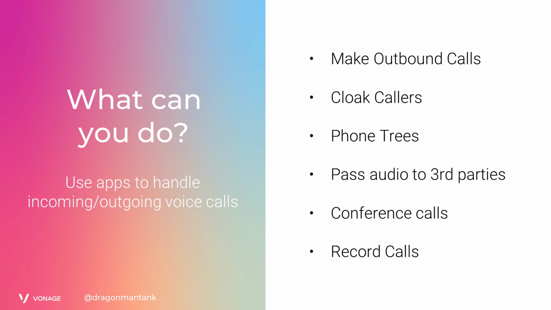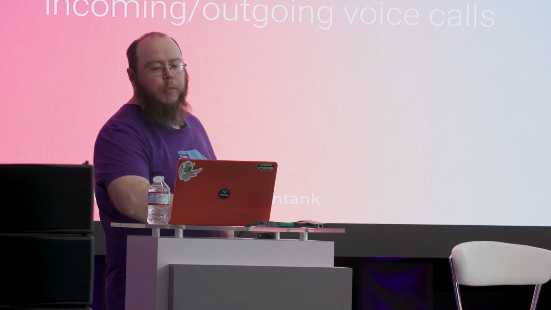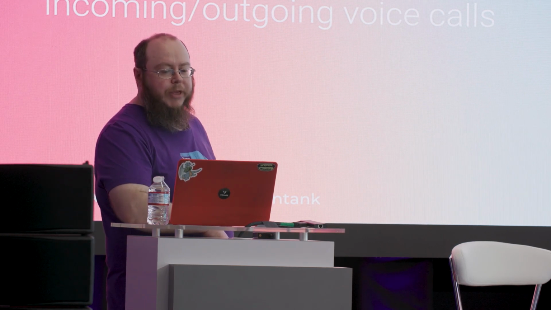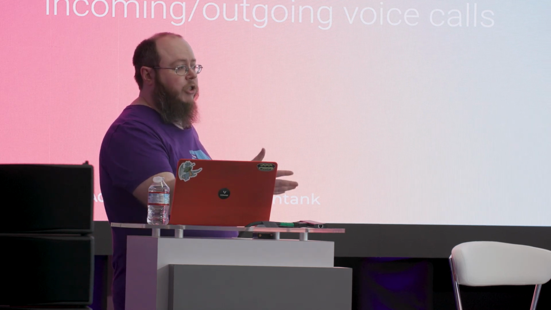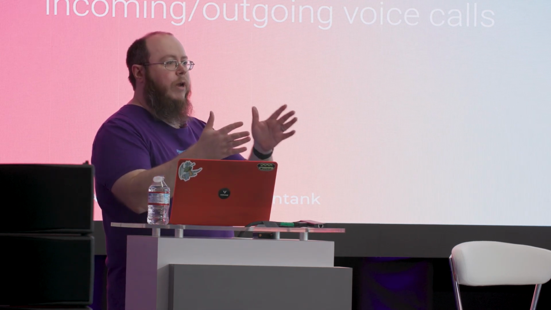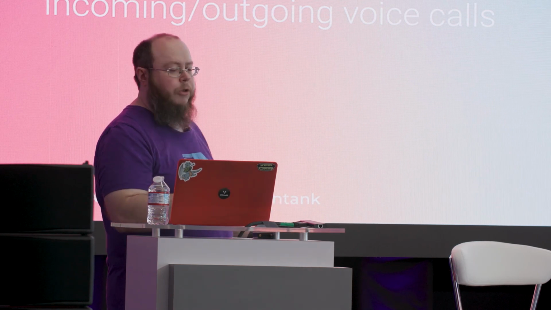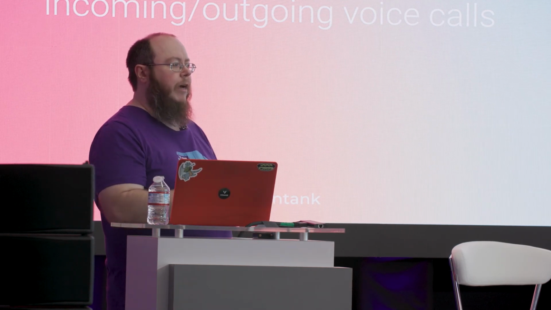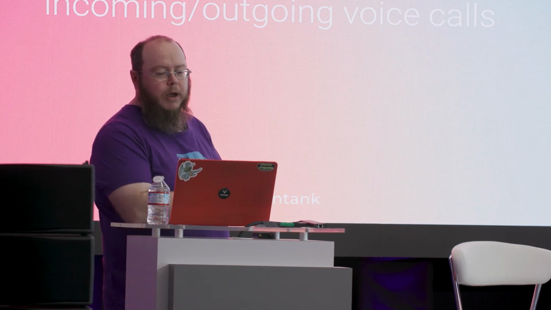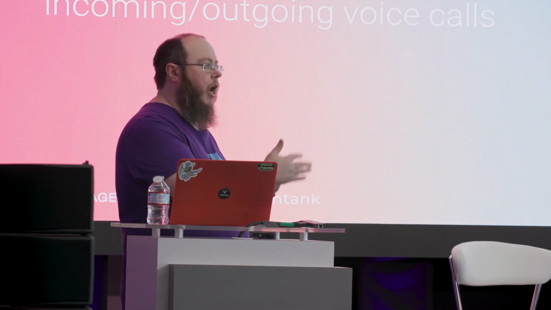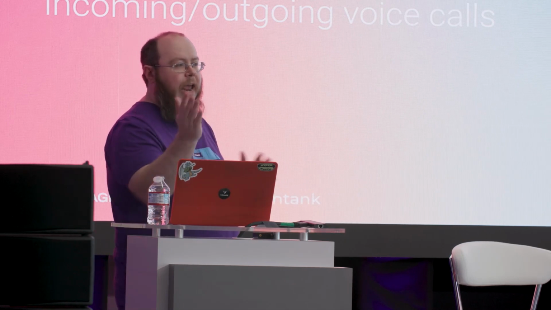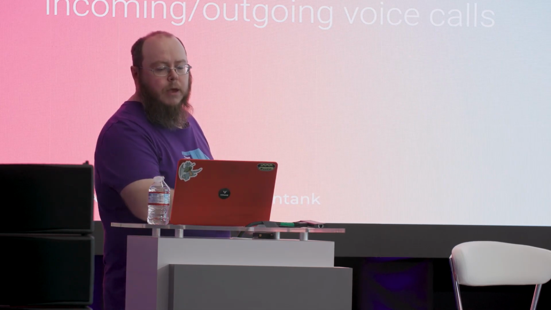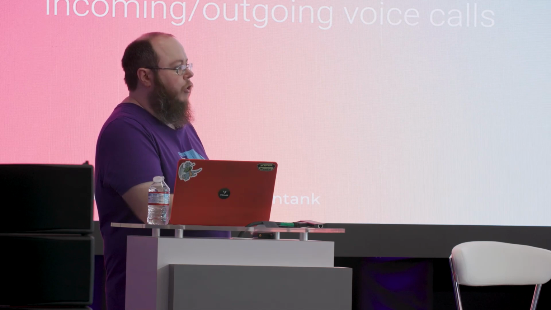In most of the world, we have worldwide connectivity and reach on our number pool. We do have a lot of people that use us for cloaking, which is basically where you can provide a customer with a telephone number to call, and we will cloak that number to call back to another person. So for example, if you've got a rental situation where someone needs to contact the actual owner, we won't give them the owner's telephone number. You can buy a number and have that kind of route through. You can do interactive phone trees, so IVR systems.